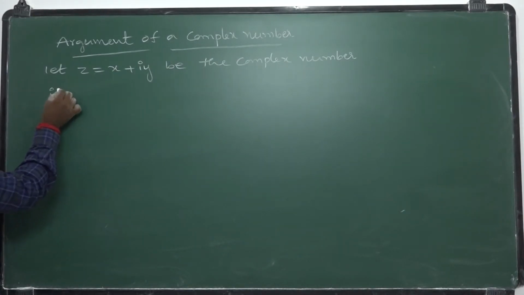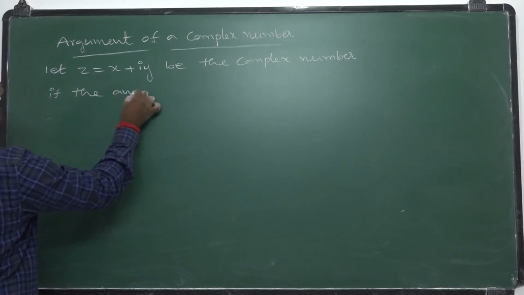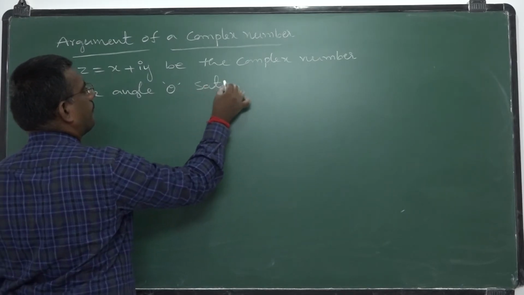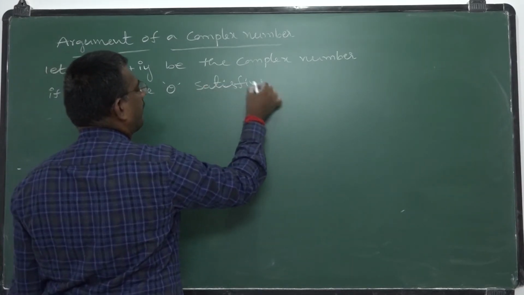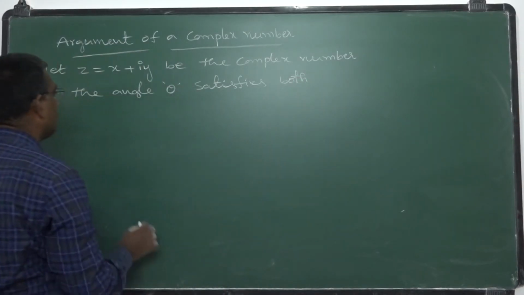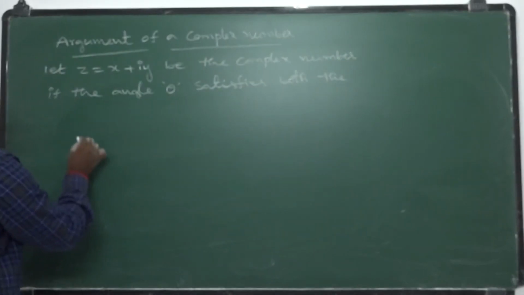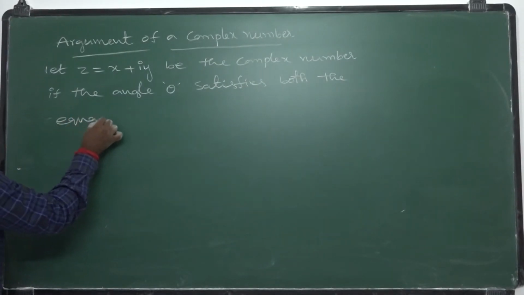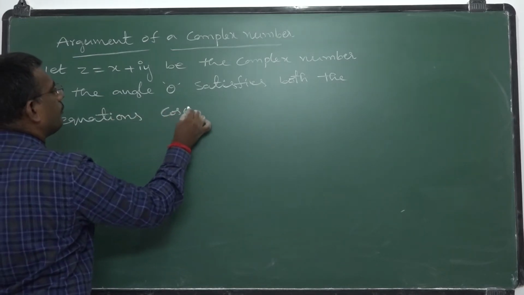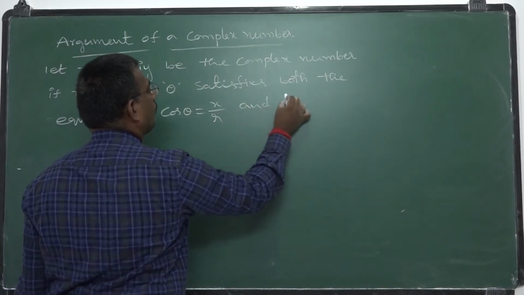If the angle theta satisfies both the equations, cos theta equal to x by r and sin theta equal to y by r,